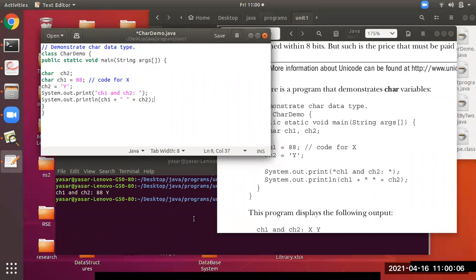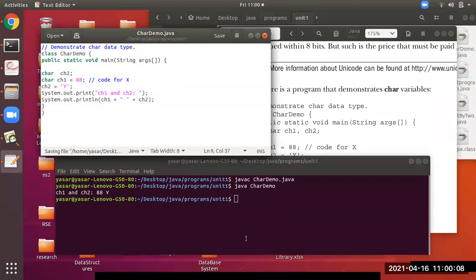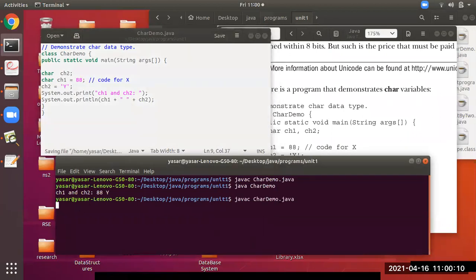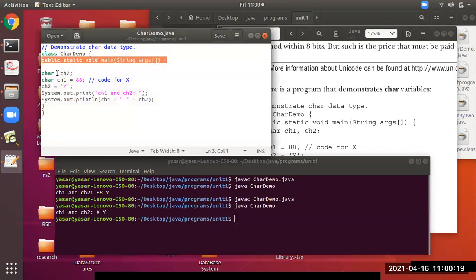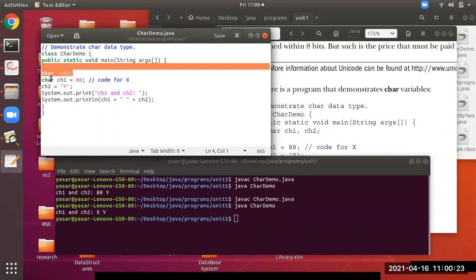See here. First of all, I am compiling again because I have made changes. Now you see over here, I am explaining the program. Public static void main. After that, there is one variable ch2 with the data type char. Then there is another variable ch1 with the data type char only.